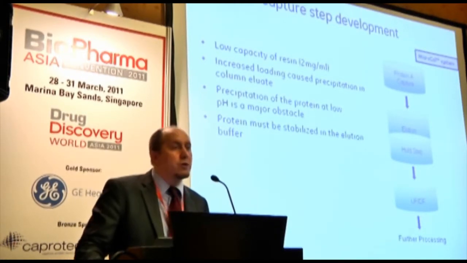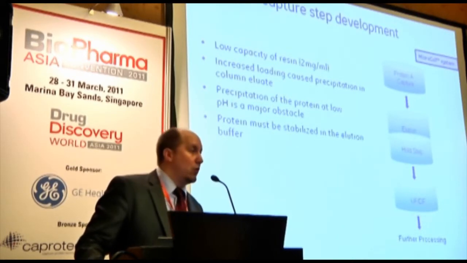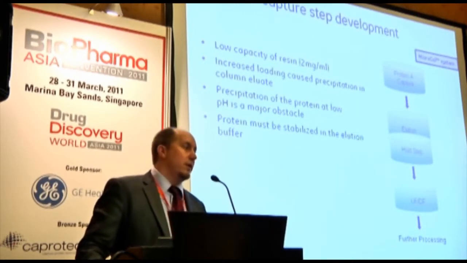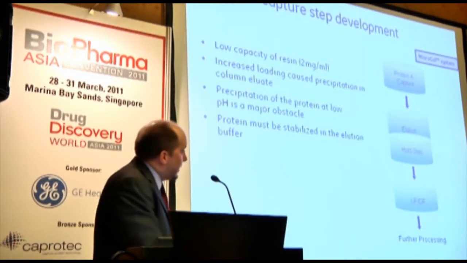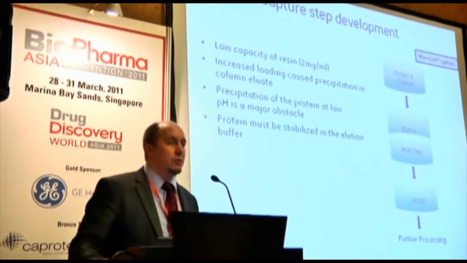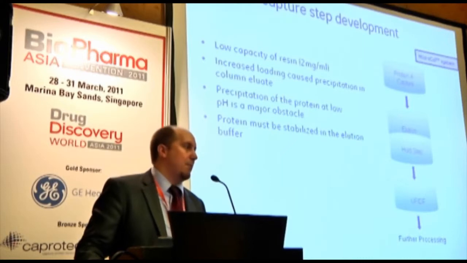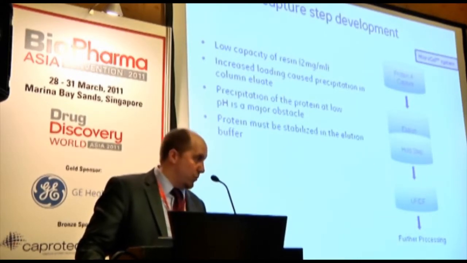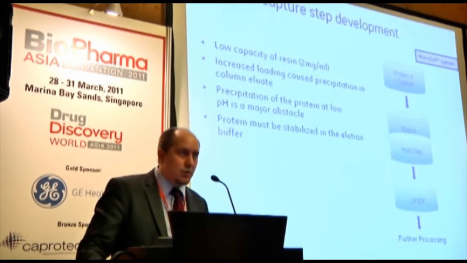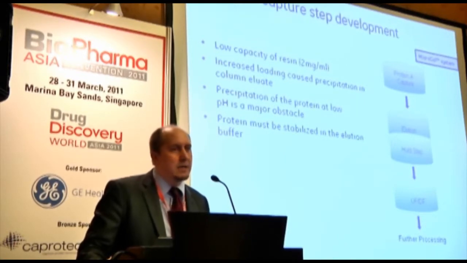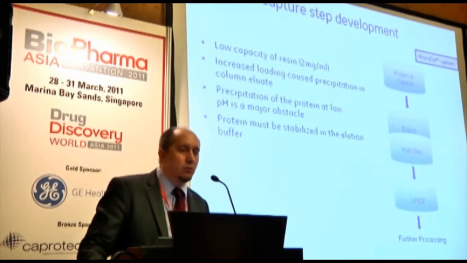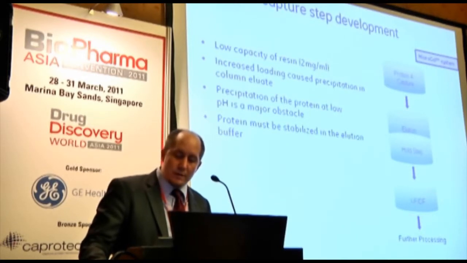And to make things worse, you elute your column at a low pH, which further caused precipitation and aggregation of the protein in this process. To that extent that they needed to have a filtration step at the end to concentrate the protein. And as you can understand, when you're scaling up, this adds a lot of capital cost to your process. So they decided to try to see how they could stabilize the protein of interest in the elution buffer. And to do that, they utilized the